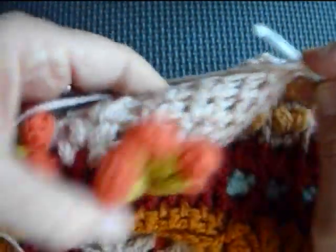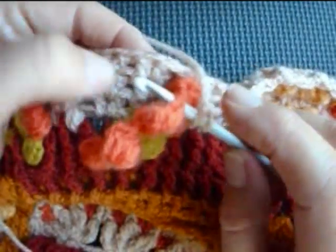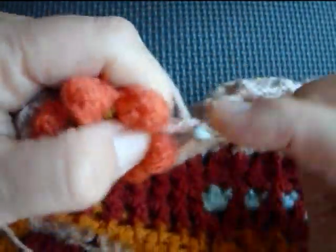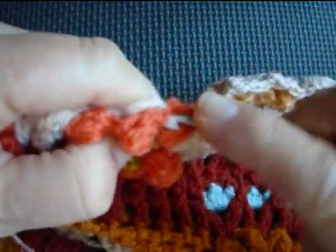Okay, now we're going to work into our chain 1 space between our bubbles. Camera, please be quiet, you are disturbing me. And we're going to work 2 double crochets exactly as we did before, but this time we are involving that single crochet, that's chain 1. Yarn over and into the next space, and that's basically what you're going to be doing, and everything else is identical. The only thing that's changing is obviously your corner, but everything else